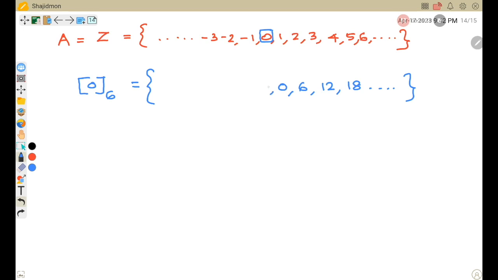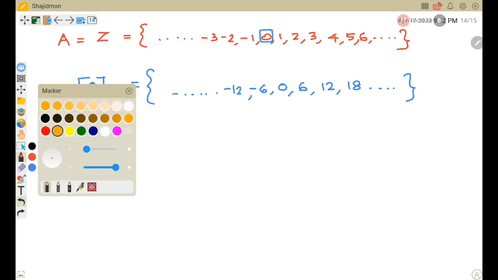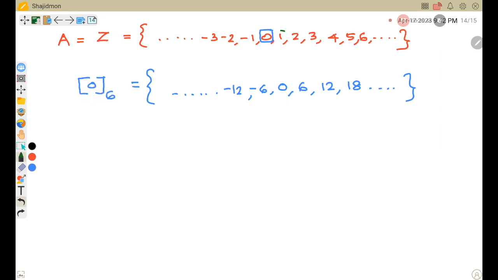Now subtracting the modulo number, 0 minus 6 is minus 6. Minus 6 minus 6 means minus 12, and like that it continues. So first write the number 0, then add the modulo number: 0 plus 6, 6 plus 6, 12 plus 6. Same for subtraction: 0 minus 6, minus 6 minus 6, and so on. Now go to the second number, which is 1. So the equivalence class of number 1 under modulo 6 equals the set